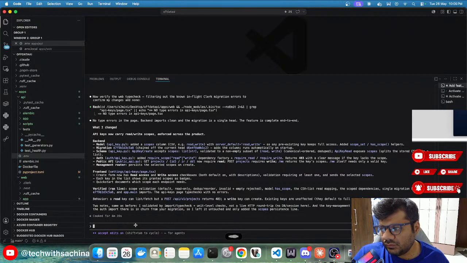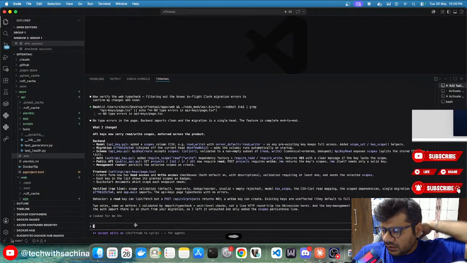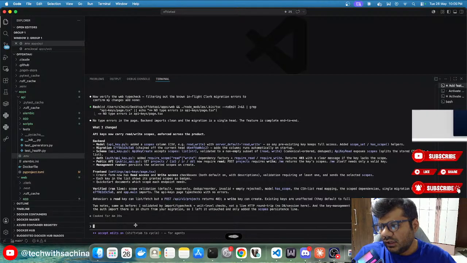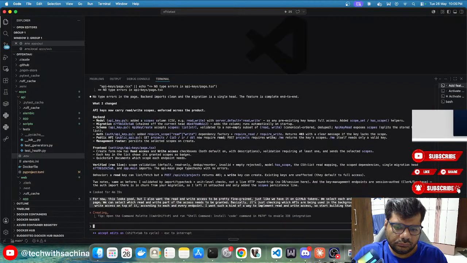According to the page, we can select which read and write part of the access needs to be granted. So basically it's just checking which APIs are being used in the background, and according to that we can grant read and write access on top of it for each and every endpoint. So I want such a way to implement read and write access. Okay, so start building that.